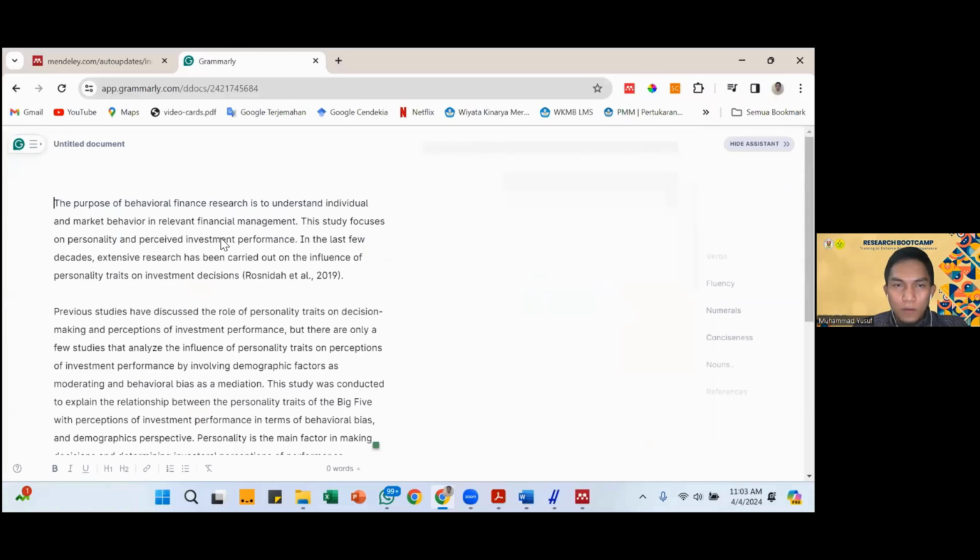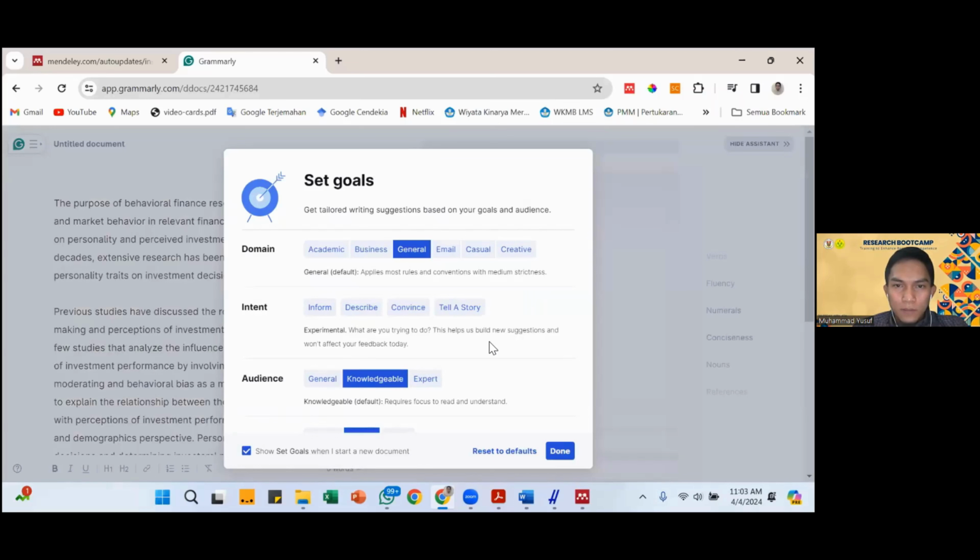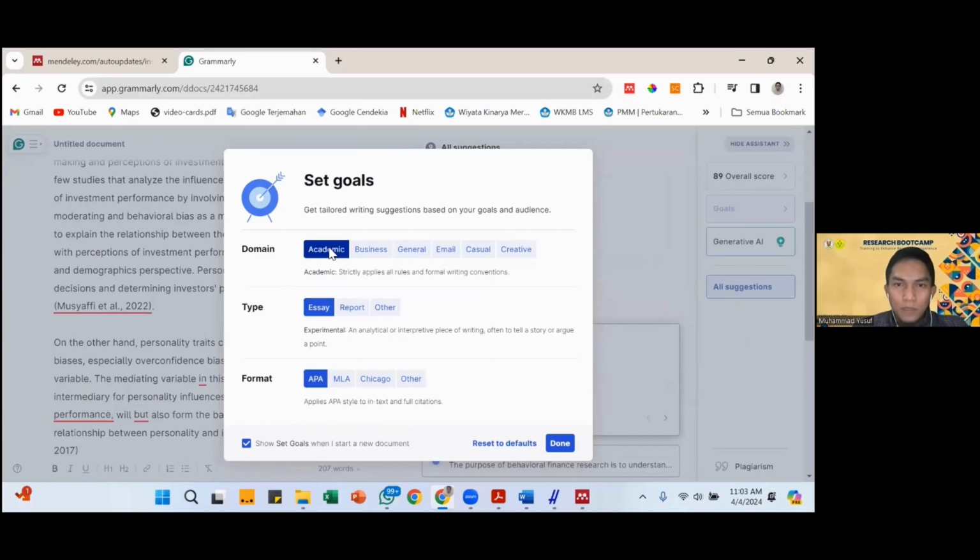Control copy and control paste. This is the goals for the academy, business, general, email, visual, the type for essay, report for others, the format, fast style, analysis, style and others, and click done.